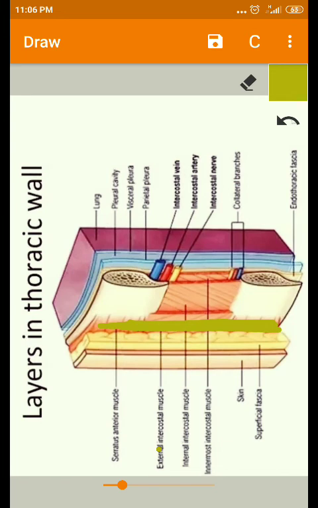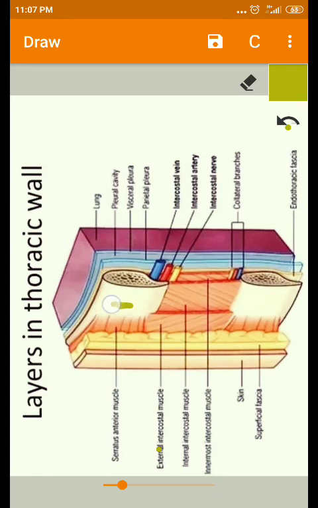And also on the back side, muscles of the back, that is the erector spinae. So erector spinae is somewhat a deep muscle. So the outermost layer muscles, we know, are the trapezius, rhomboides major, minor, and latissimus dorsi, and below these you'll have the erector spinae. That means this erector spinae is very close to the thoracic cage on the posterior aspect. So all these are extrinsic muscles. Okay, after that, next comes the thoracic wall proper.